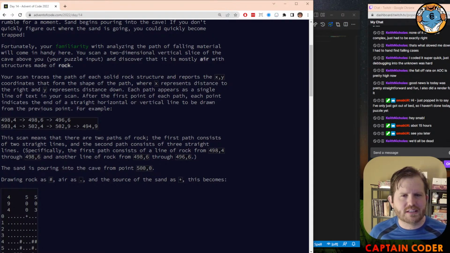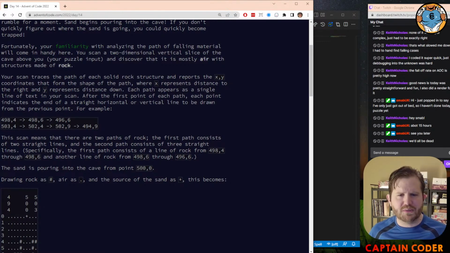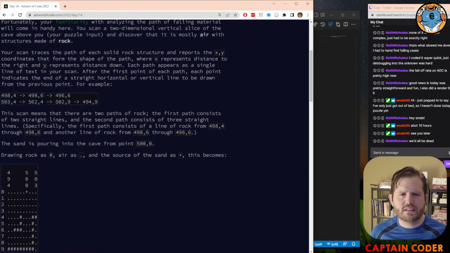Each path appears as a single line of text in your scan. After the first point of each path, each point indicates the end of a straight horizontal or vertical line to be drawn from the previous point, for example. So this is the line segment. Oh, hang on. Oh, okay, so it's like a series of lines. So it goes from here to here, and then here. And then here to here to here to here. Okay, and then this is going to be, I've already predicted that this is going to say,